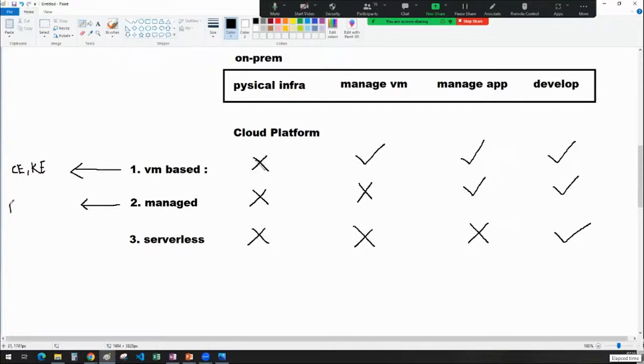For managed services, Dataproc you can think of as a very good example. And for serverless, BigQuery is the best example. Dataflow is one more example. So you need to categorize the services in such a way that it will be very helpful for you to understand them. Because in a company, if a client asks you what kind of platform, because we are looking for